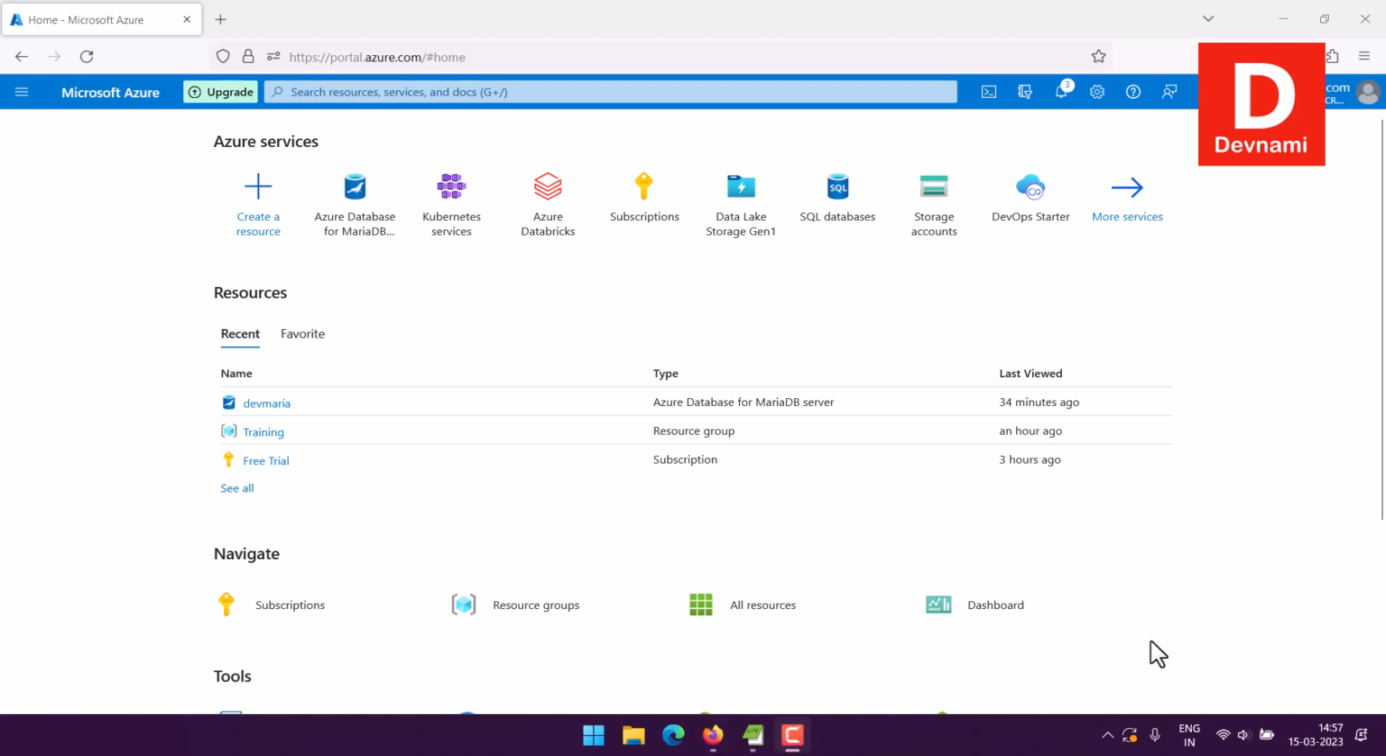Okay, so let's take a look at how you can create the MariaDB instance and then use that instance to connect to applications like Azure Data Studio or even say MySQL Workbench, right? So our goal is to go to Microsoft Azure portal, then create the instance of Azure database for MariaDB server. That's first goal. Second goal is to